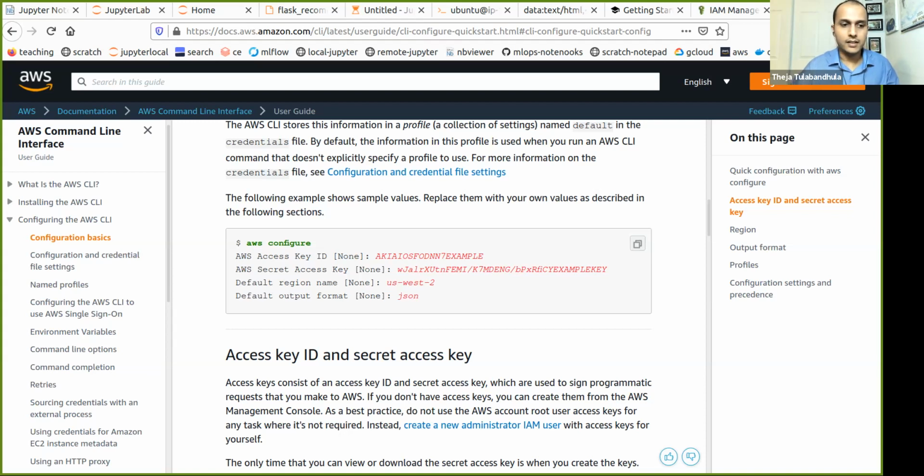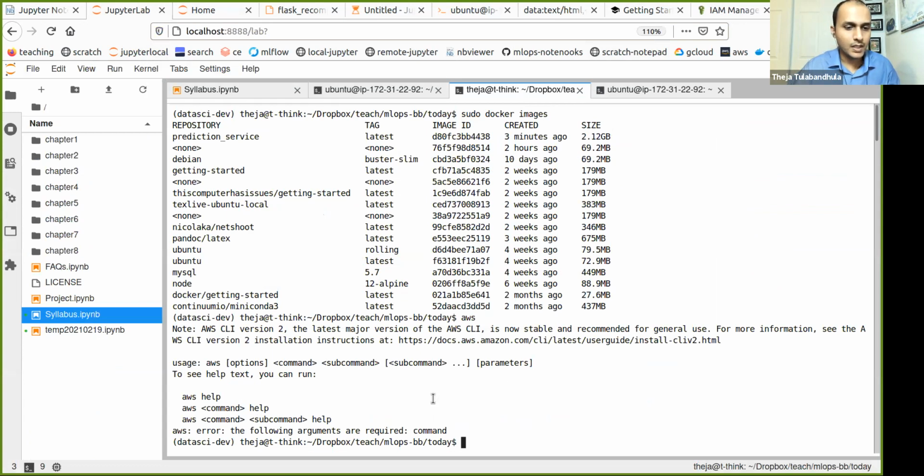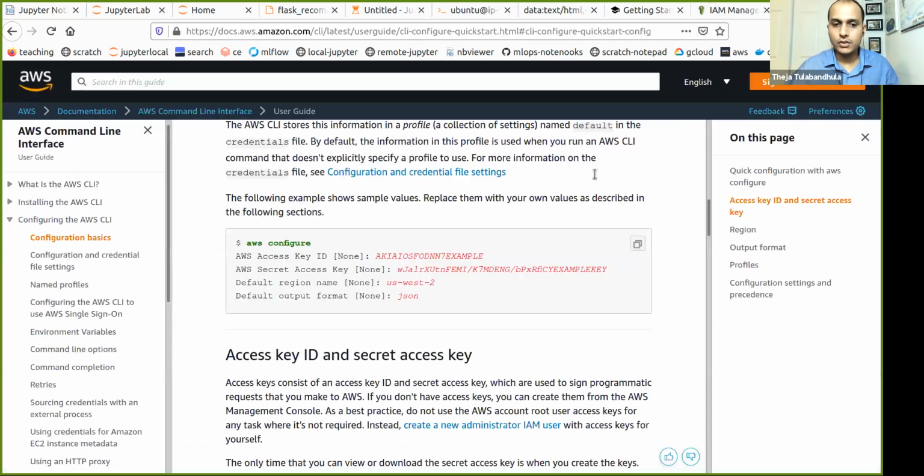I'm going to configure, as I said, I'm just going to execute that AWS configure command and give the access key and the secret key.